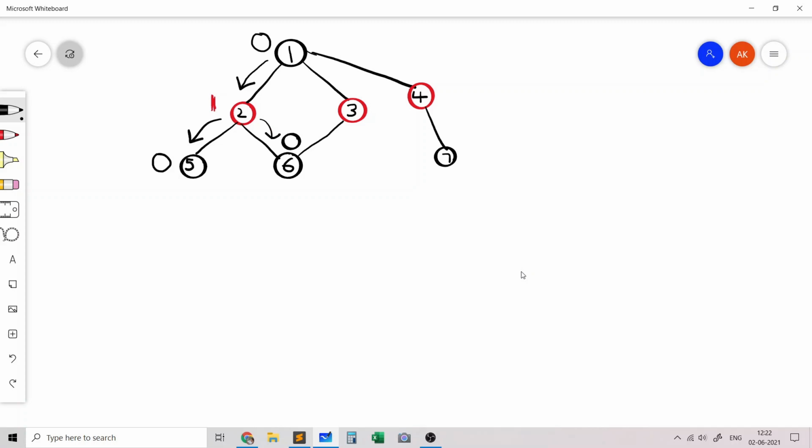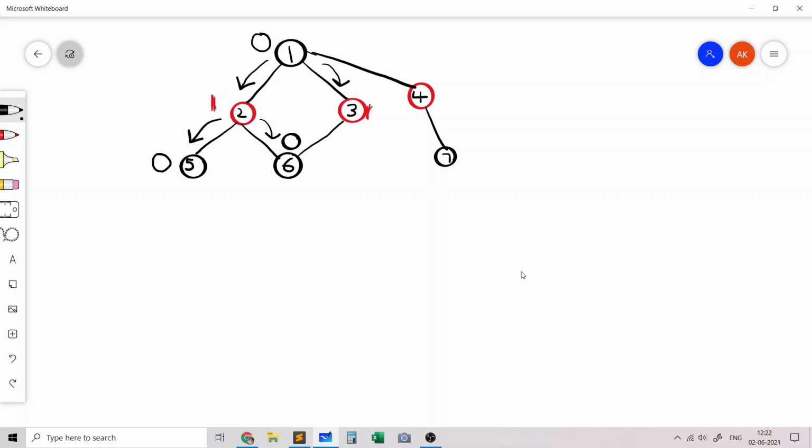Then we backtrack to 2 because we visited all its adjacent nodes. Then we backtrack to 1. From 1 we call DFS on 3 because that's the next adjacent node, and 3 gets assigned the color of 1. Then after we go to node 3, there's only one adjacent node, that's node 6. Node 6 is already assigned a different color, so there's no discrepancy over here, and we basically don't call DFS because 6 is a visited node.